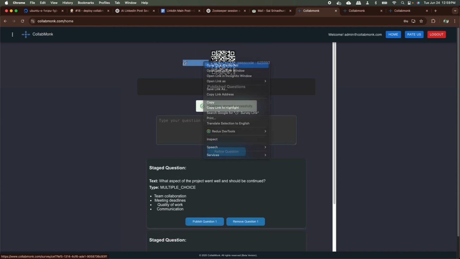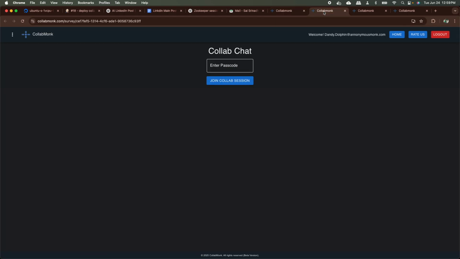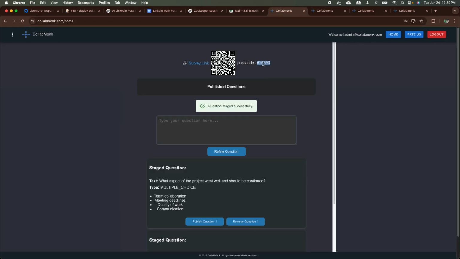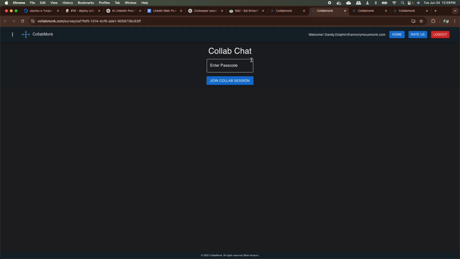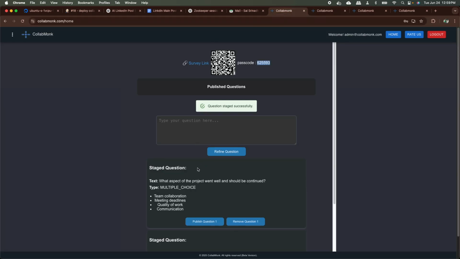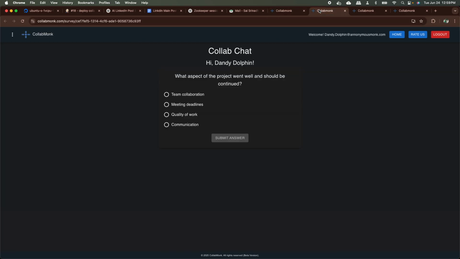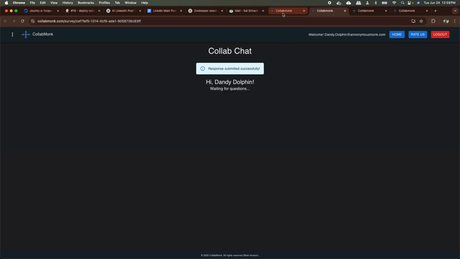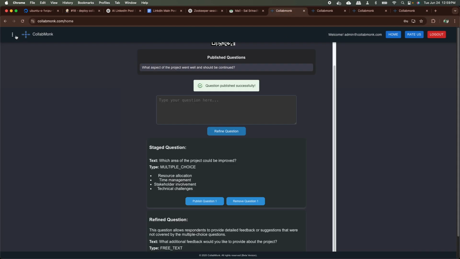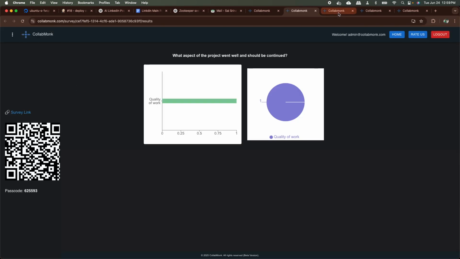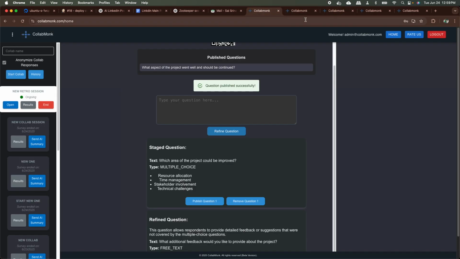And then I'll just try to log in, and here I was able to log in, and then give the passcode. Here is the passcode, and join the collab session. Since I did not publish, it's still waiting for a question. I just publish it, and then the question is published, and then I can just say quality of work, and then I can see the ongoing session here and get the results. So results is quality of work is what it is showing there, and I have published one question,